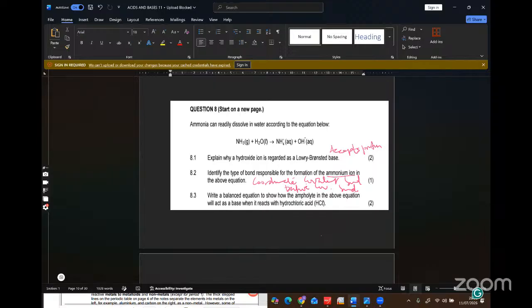So like I said, the obvious ampholyte is water. So water is always an ampholyte. So the ampholyte here is water. Now, if water reacts with hydrochloric acid, how will the reaction be? So you have hydrochloric acid plus water, okay? Water will act as a base. So a base means it is accepting hydrogen, a proton acceptor. So this hydrogen must come here. So you're going to have something like this,